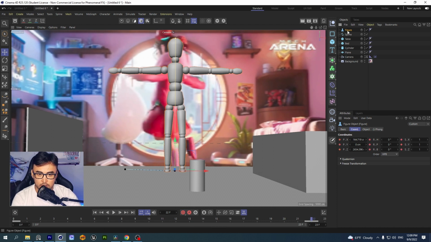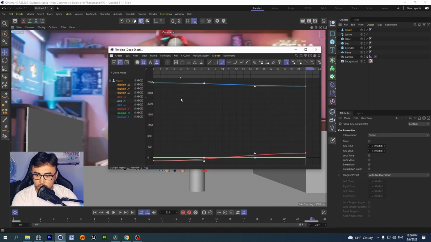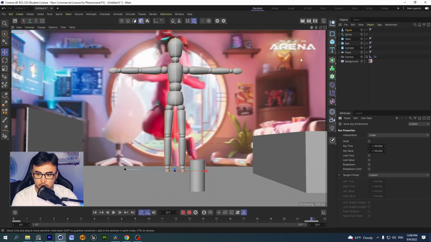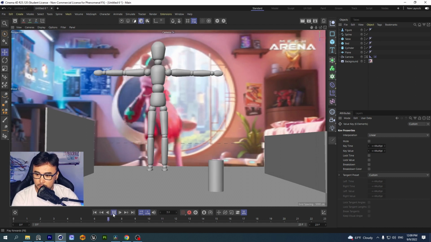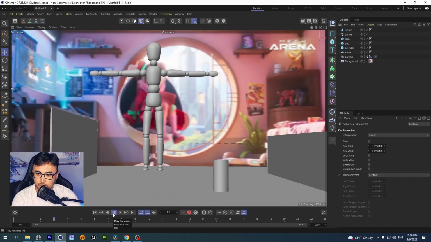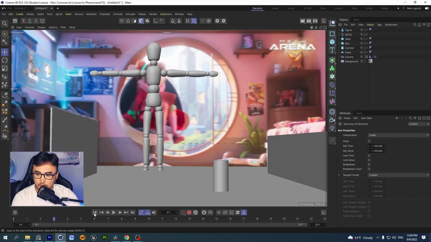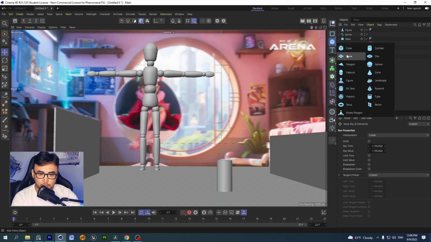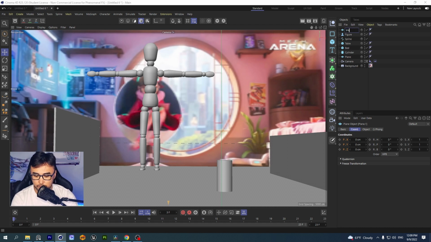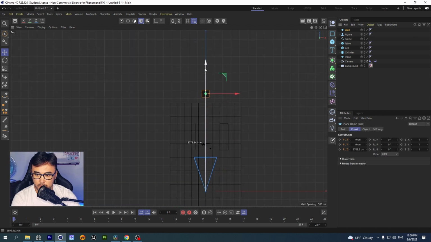After that we need to go animation, Ctrl A and linear and just press play. So as you can see, we have a character, some objects, and just create wall, create this wall,